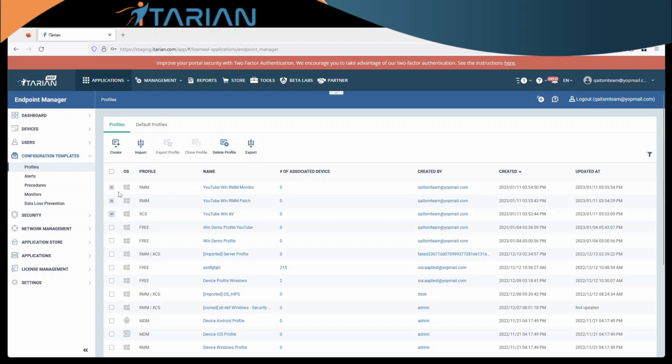We can do that by assigning them to a device directly. We can do that by assigning them to a group, or we can even assign them to a user inside the portal. So any device allocated to that user will also get the profile. So we'll start off first of all with the easiest way. If we go to our device list,